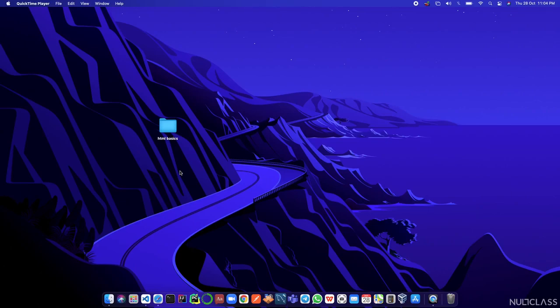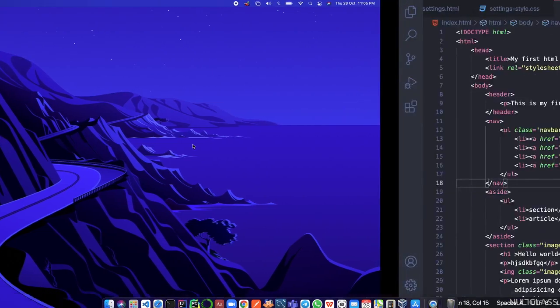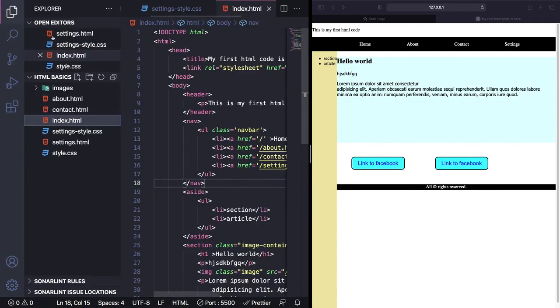Hello everyone, welcome back to the full stack web development course where you will be able to build a full stack web application. At the end of this course, especially, we are going to build a Stack Overflow clone in this course. So in the previous lectures, we have just created an HTML basics directory, and inside that we have